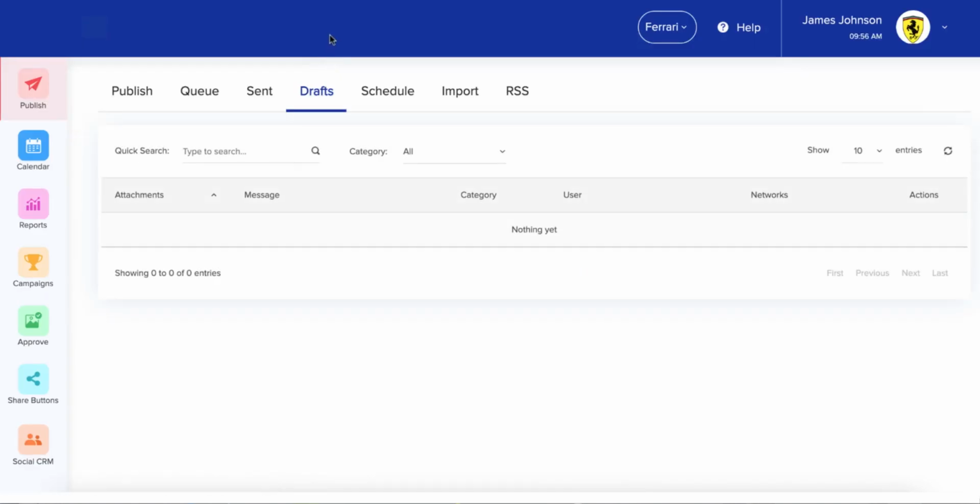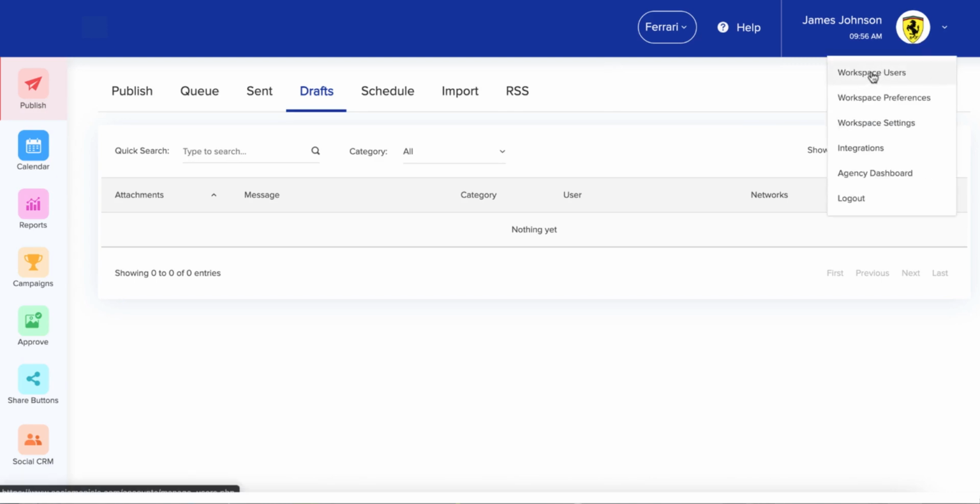The drafts folder will basically show any posts that you saved as a draft. I do not recommend using this as part of your approval workflow. If you have a separate person doing your social media, don't ask them to save them to the drafts folder before you look at them. The best thing to do is go into your user management, which we'll go over later, and create a separate workspace user for your employee and a separate workspace user for yourself, and then set up